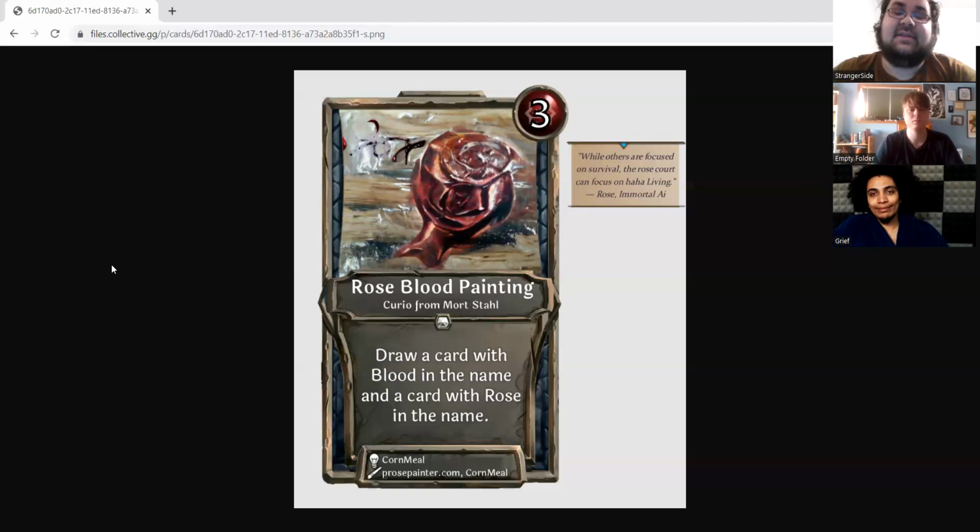Empty, what do you think of this? Yeah, I'm pretty neutral on the whole name matters thing. I think it just depends how it's done, and I think this is a pretty fine implementation of it. The one problem I have with this card is that it can draw itself on both halves. Like you can try and run this as a tutor, but sometimes you're just gonna get screwed and draw more